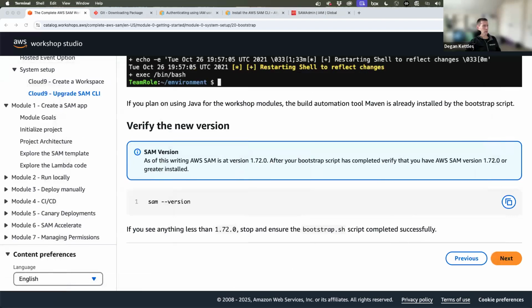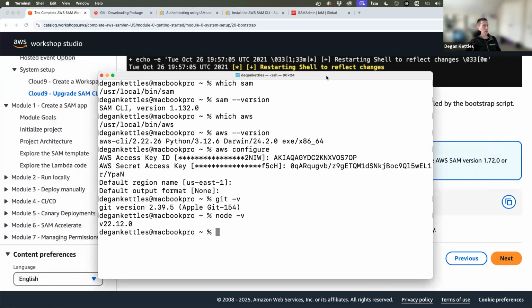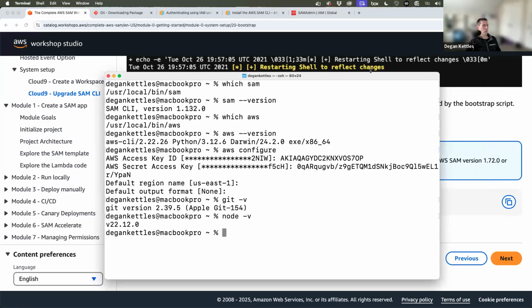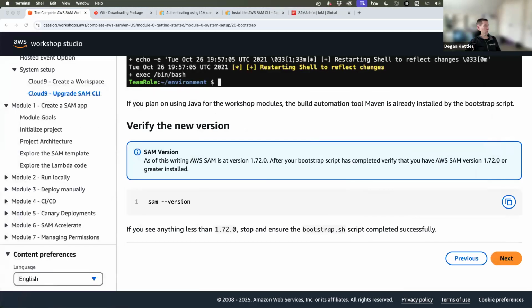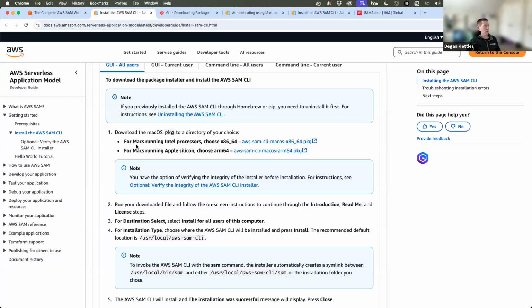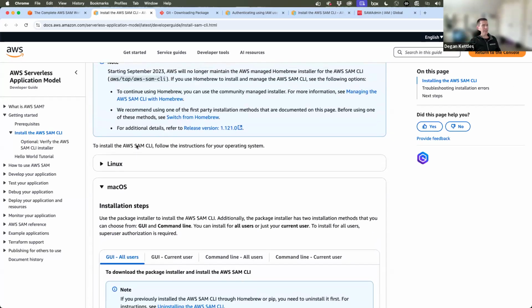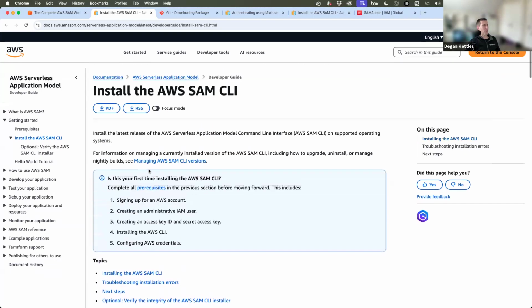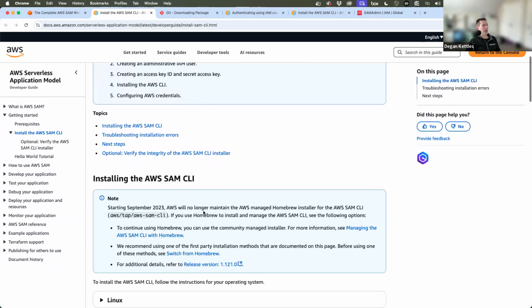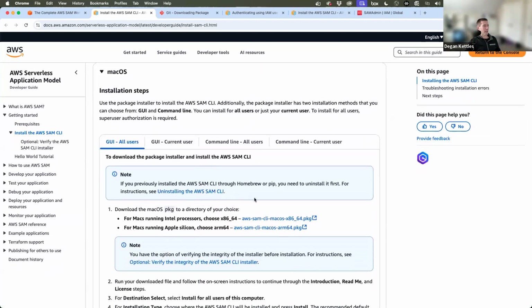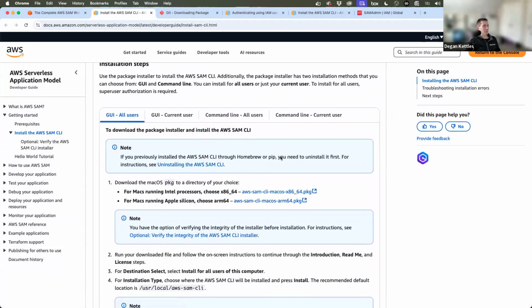Well, hold on a second. 172. I could... 1.132. Well, let me just double check and make sure that I am on the most current version, and then I will continue on if there happens to be a problem. Okay. I just did this a couple weeks ago, so I don't think there's supposed to be a problem, but just in case, I went back to the install SAM CLI option, and let's just see what